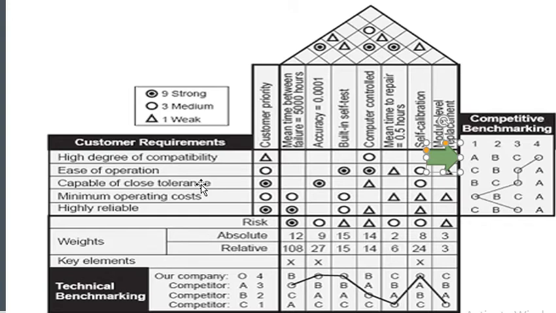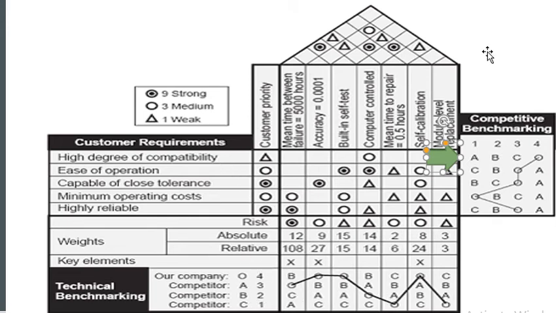So these are the simple important elements. First one is customer requirements, second one is customer priority, next is technical requirements and correlation, and the relationship between customer requirements and functional requirements. Next is technical attributes. We discussed the least value, highest value, relative value, and other values. This is automatically calculated in our template. And this risk area, or some other importance naming, will be given here, which we manually include. Competitive benchmarking, this also we manually include because we don't have any information from the competitor, right? Then technical benchmarking, this also we manually do.